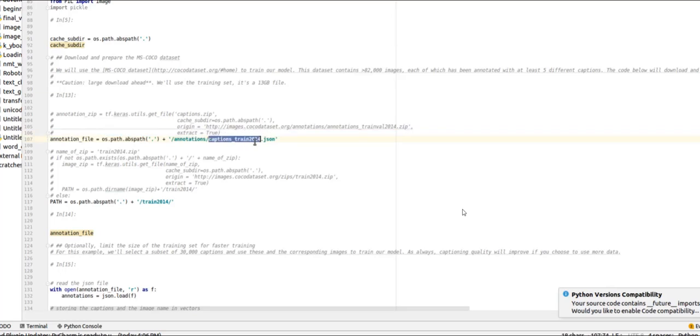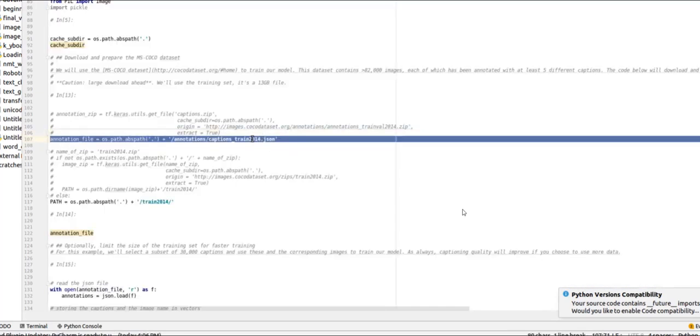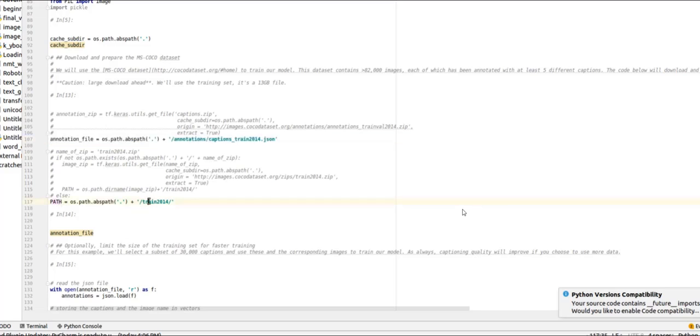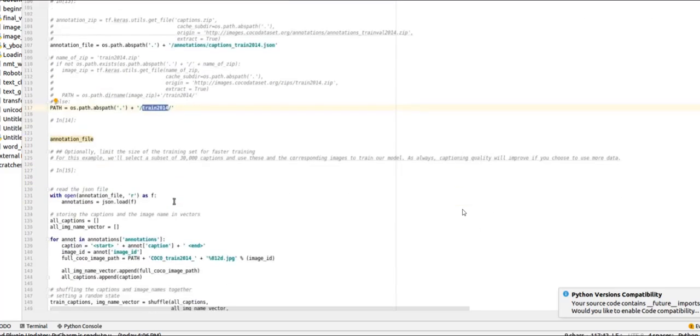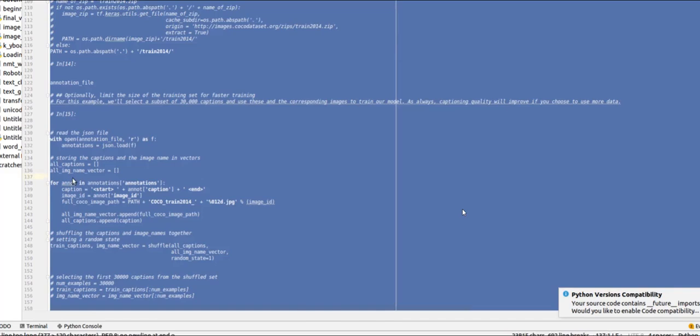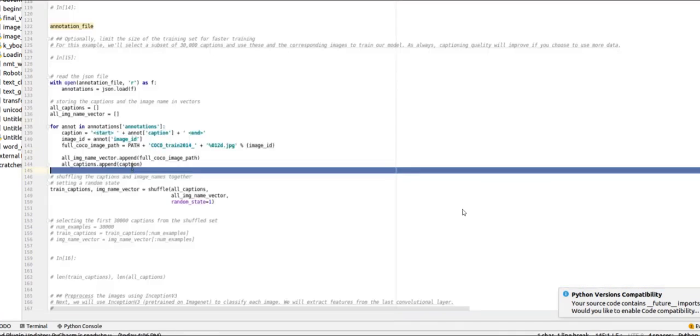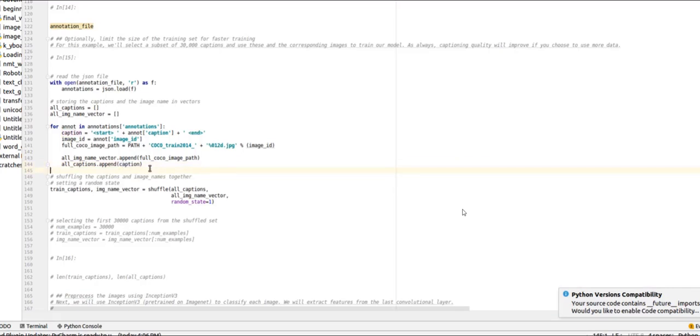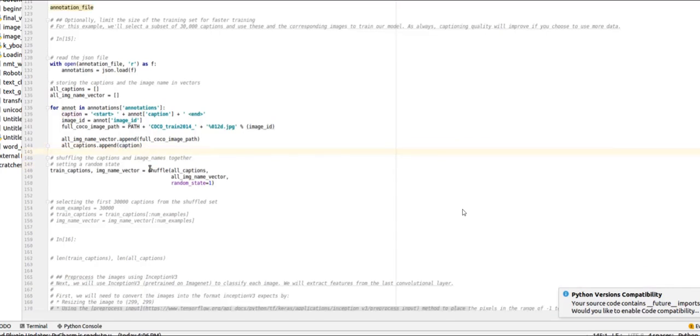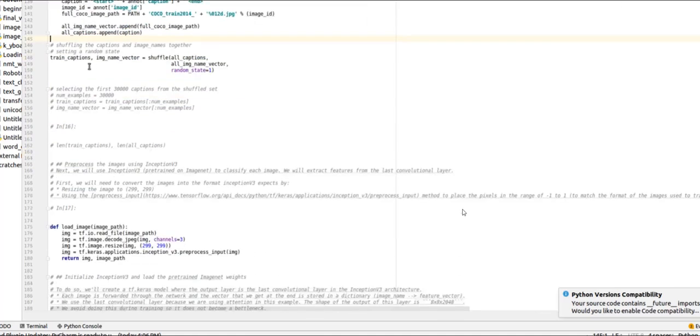We need to load the dataset, which is in JSON format. The target vectors are there. All images are loaded in the memory of your computer, so you require at least 20 or 30 GB RAM.